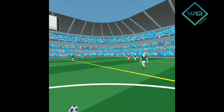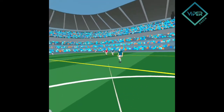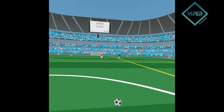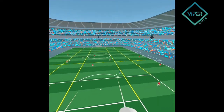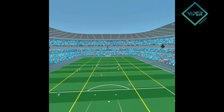Right, this is me, and this is what I would do, and then I'd move my mate in a different position, and this is what I'd be thinking about it. It starts to get them engaged in terms of their learning, and that's for me one of the key things about the system. How can we engage the younger generation, the next generation of future stars? How can we engage them in